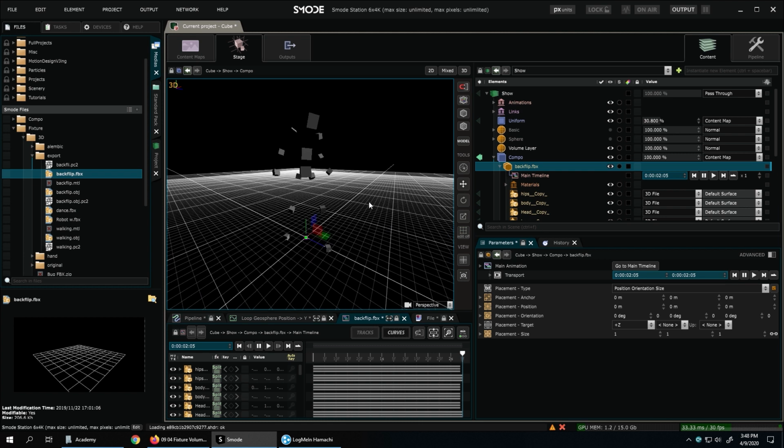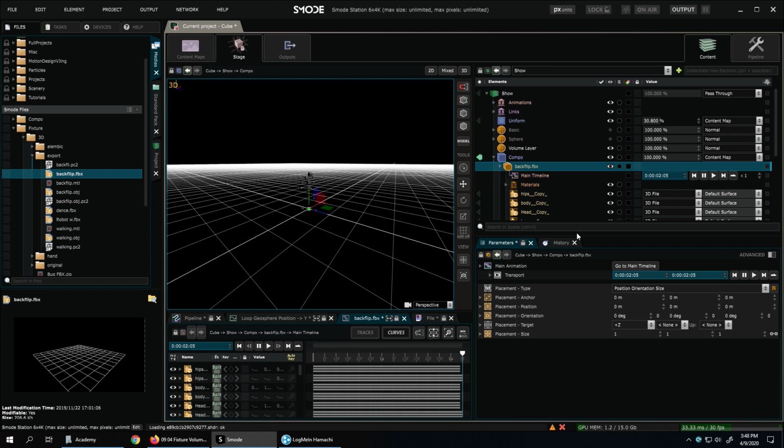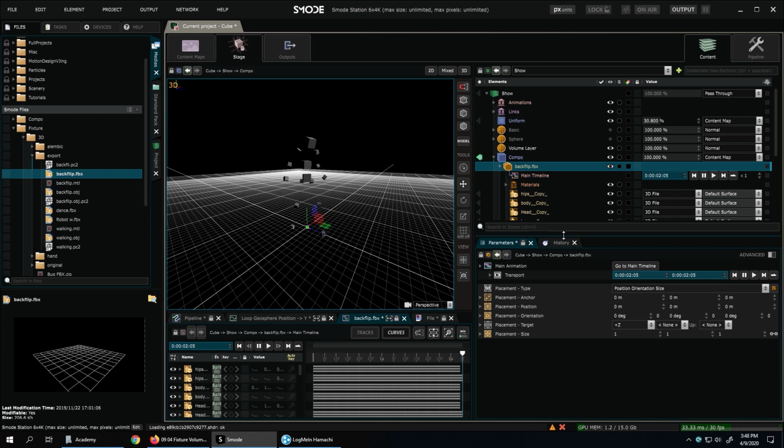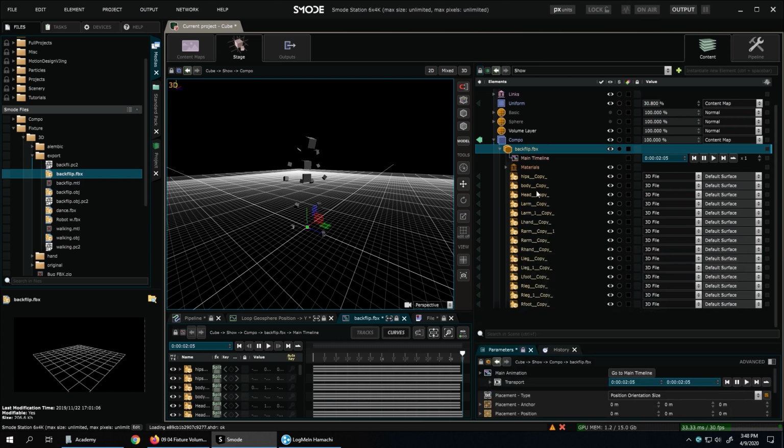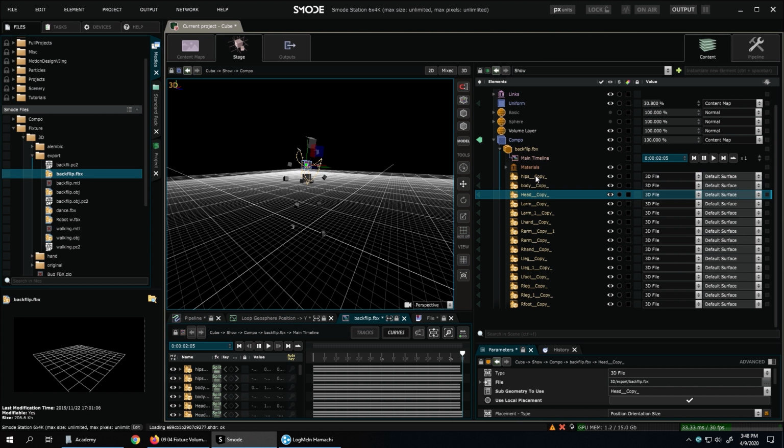And as we can see, each bone of the element was transformed into an element. So each element has its own animation, and it's not rigged. It was a rigged character, but now it's only cubes which are animated in 3D space.